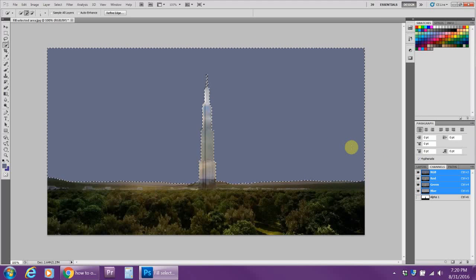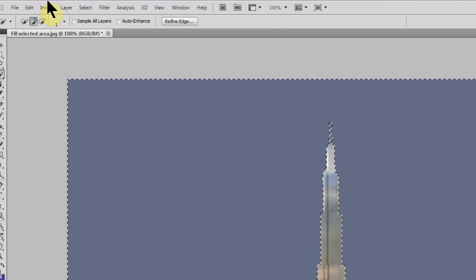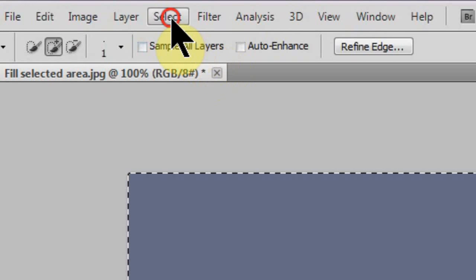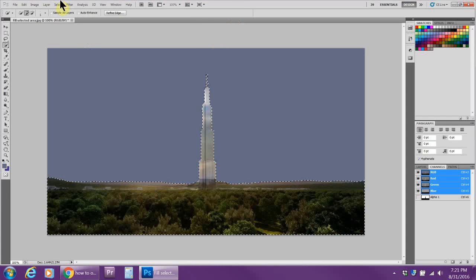Now, let me give you a couple of steps to hide a selection edge, because sometimes you need to see your edges more clearly because you need to make sure that you've selected exactly as you need to, otherwise your work looks sloppy. If you need to do that, you can do one or two things. You can either choose the inverse by going to Select, Inverse, and it will choose everything else. That way it outlines what your